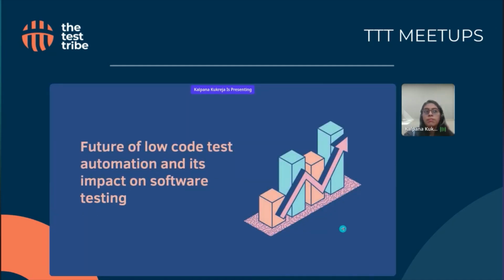So, we have discussed so many things about low code test automation: what features they offer, what benefits they have, what the challenges and limitations are, and how one should implement a low code testing tool. This could be a question that test automation has been striving with in the industry for more than a decade now. And when we are talking about low code automation, what is its future, or what is its impact on testing?